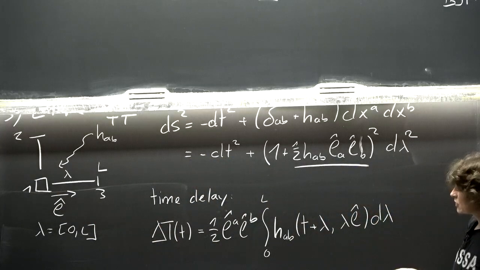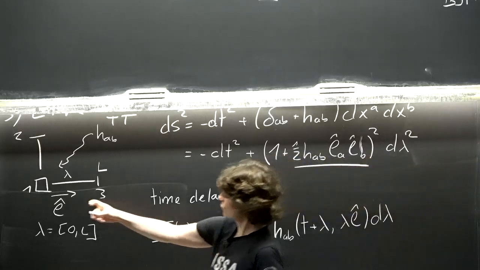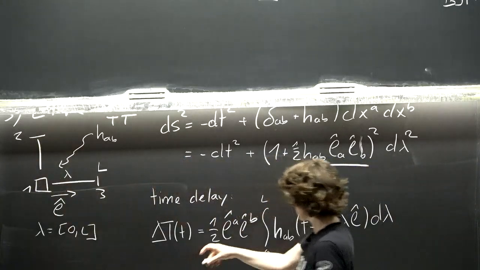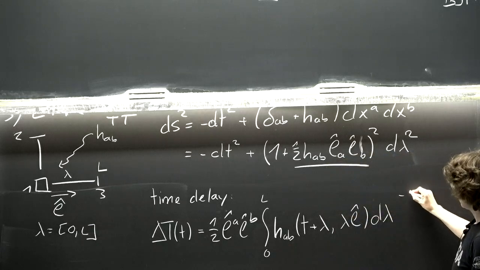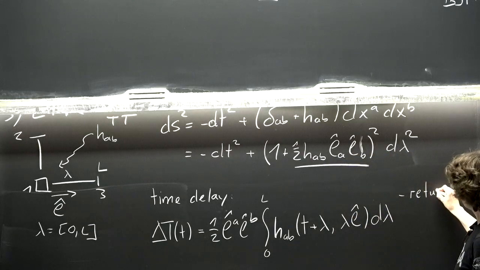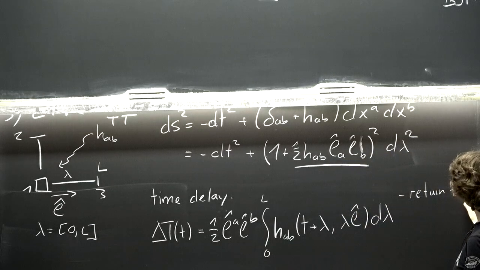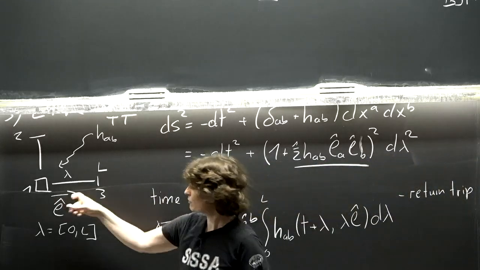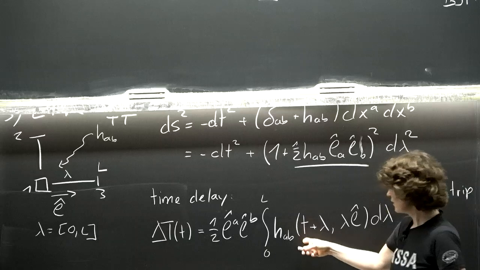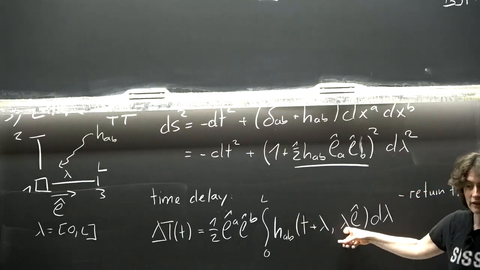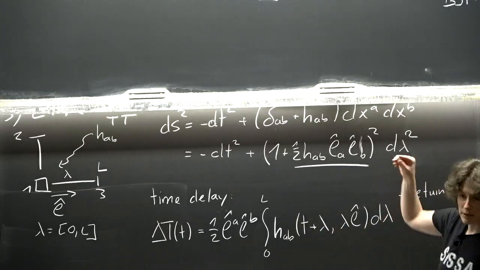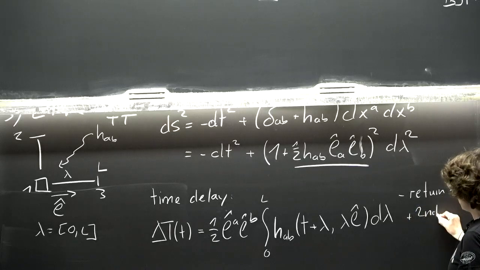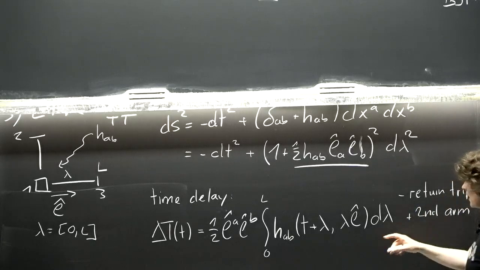Now, what we actually want is not that time delay, but we want the photon to go back, and then we want to compare with the other arm, right? So we need to do the same thing plus return trip. Right, so it will be the exact same expression, just that you've shifted your coordinate origin from here to here, right? So you will have a t0 and an x0 appearing in here, and the L_A will be minus L_A. And then we have to do the second arm. And then you get some